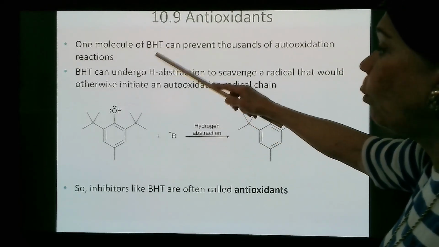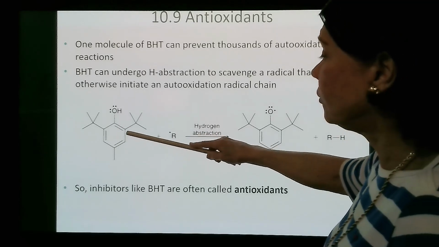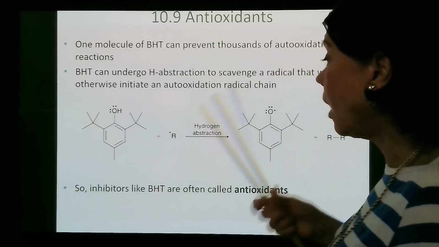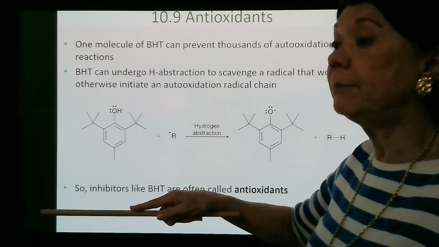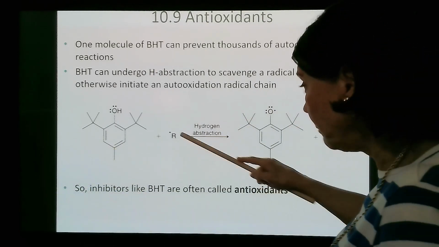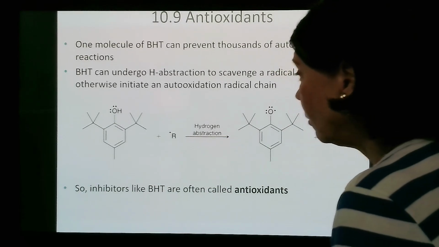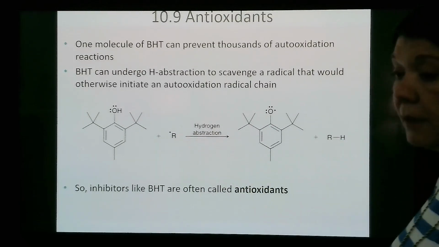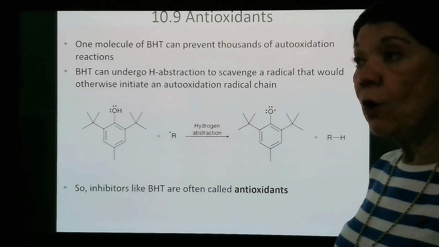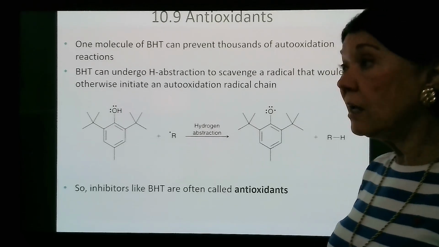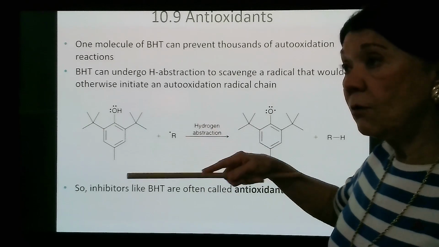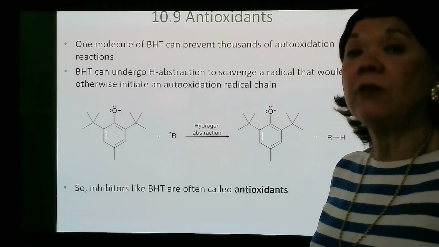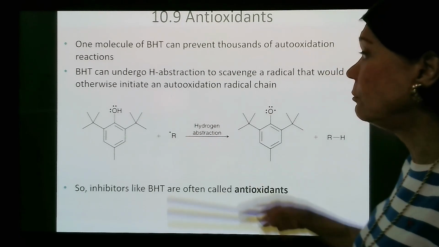So this one molecule of this, when it reacts with R dot, can stop that chain reaction. It can block this alkyl radical from participating in a radical chain reaction, which might have 10,000 or 100,000 turnovers and produce